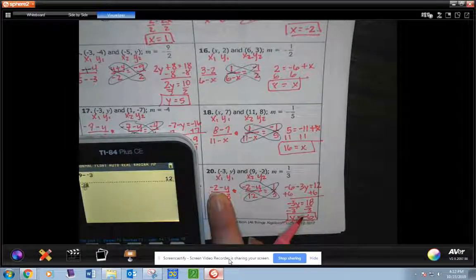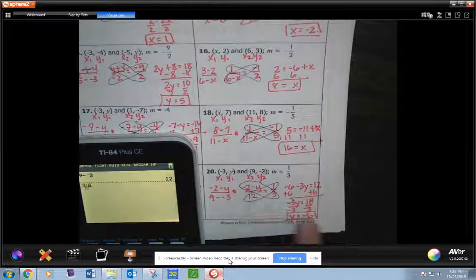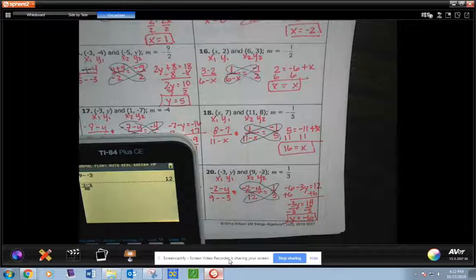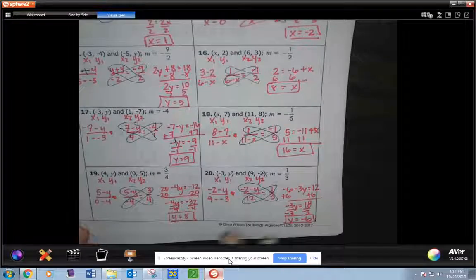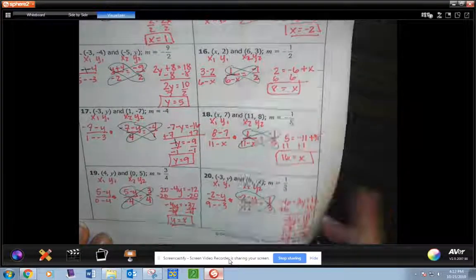Okay, I'm going to check it by alpha y equals. We're going to do negative 2 minus, I found out y was negative 6, over 9 minus negative 3, and I should get 1/3. Okay, so now that you've done this, you know how to check it, you know how to set it up, you know how to solve it. These are going to take work. You need to finish the 3 problems